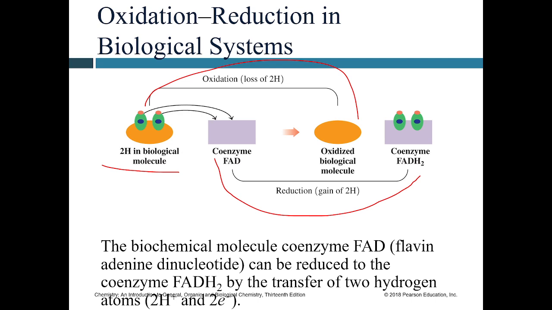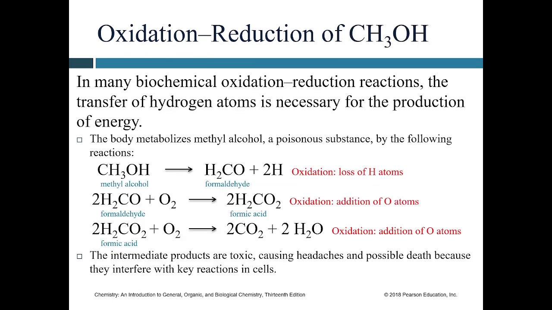And so you would then move it into an energy production pathway where you could get ATP, and you would harvest those hydrogens off to build up energy to make the ATP. Or you could directly use the FADH2 to reduce something. So in many biochemical oxidation reduction reactions, the transfer of the hydrogen atoms is necessary